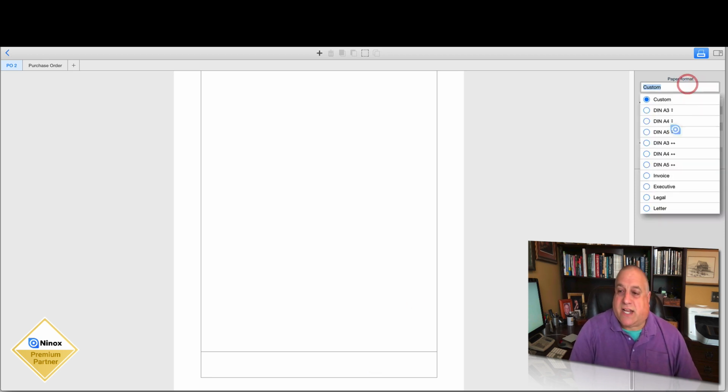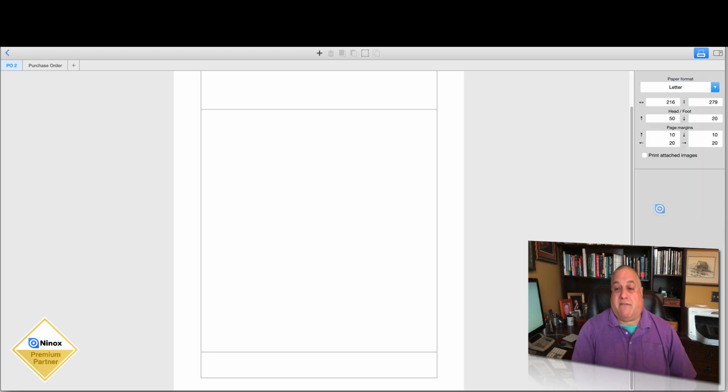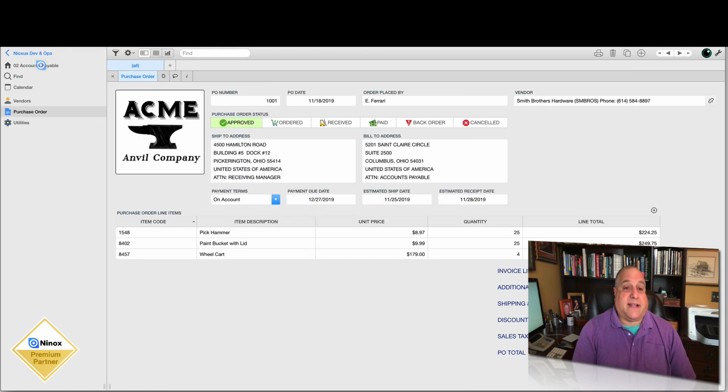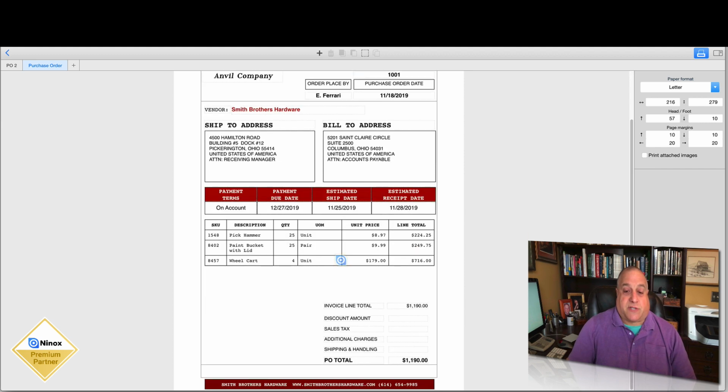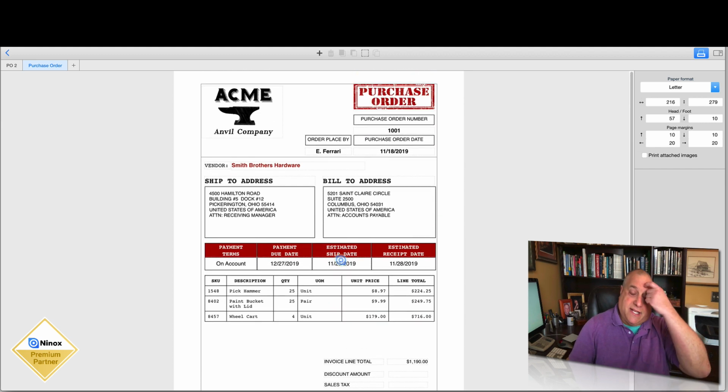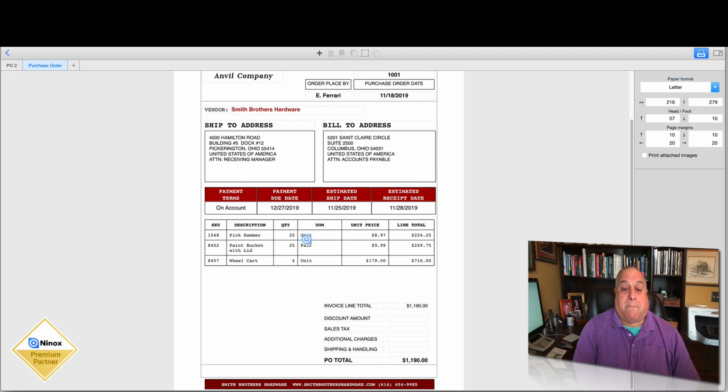Let's get back to our standard 8.5 by 11 inch letter format. And that is exactly what we see in this screen right here. We've created a header of 57 units, a footer of 10 units. We have our 279 units, and this represents a single 11 inch page with our multiple line items right in the middle. This page is big enough for about 6 line items. If we get to a 7th or an 8th or a 20th or a 50th line item, it will just